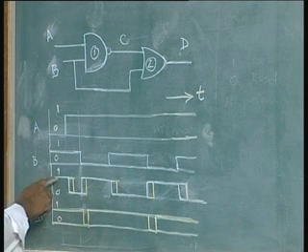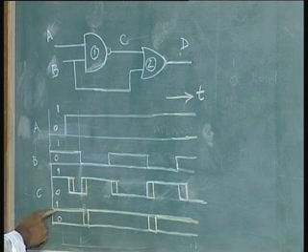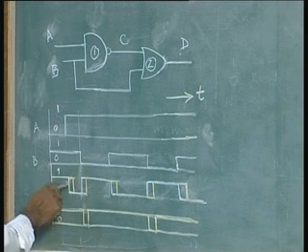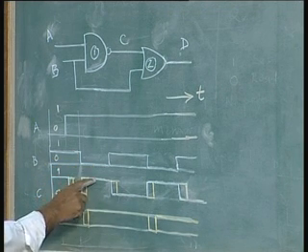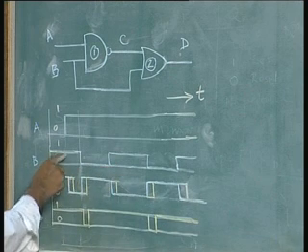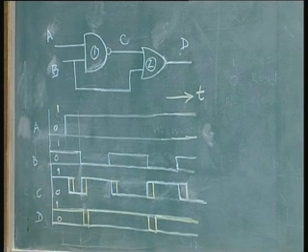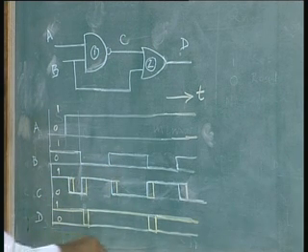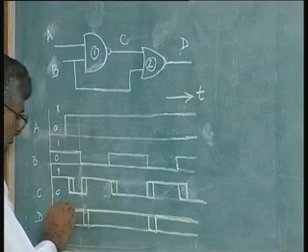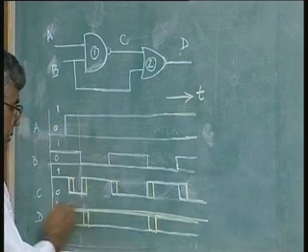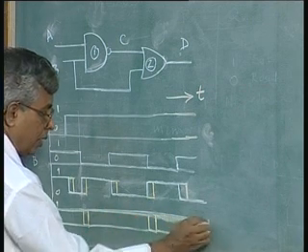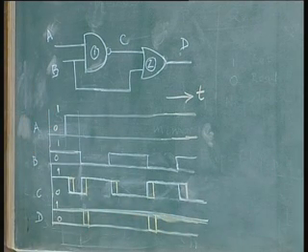This is 1, this is always 1, and when this becomes 0 this is still 1. So, either of B or C is always 1, which means D will be 1 continuously. Why I am explaining this I will tell you in a minute, but this is an ideal operation,